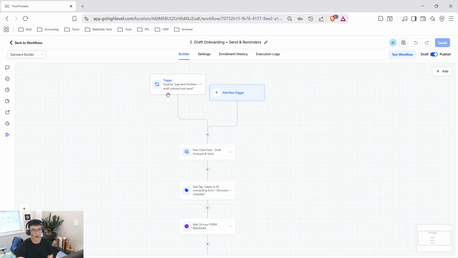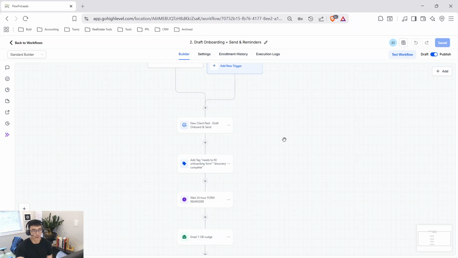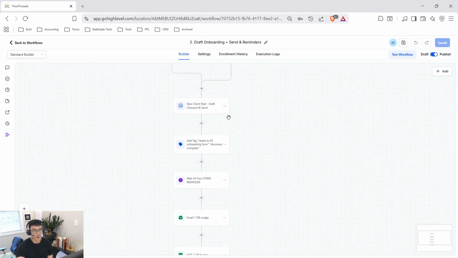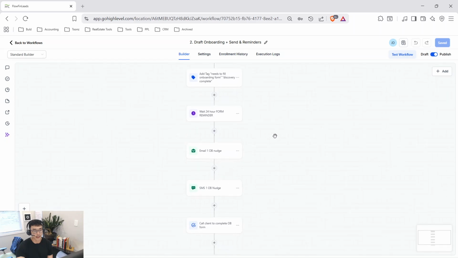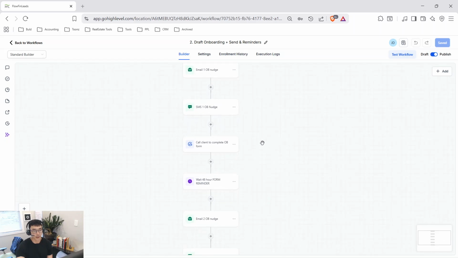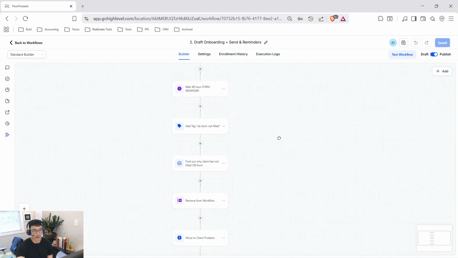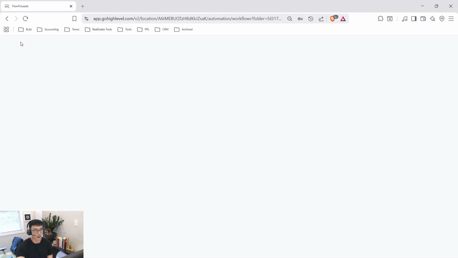And yeah, so drafting onboard, essentially the payment's finished. So I have to drop the onboard now. Draft onboard and send, and then just add tags, reminder if they haven't drafted the onboard. But if they do fill out the onboarding, it automatically